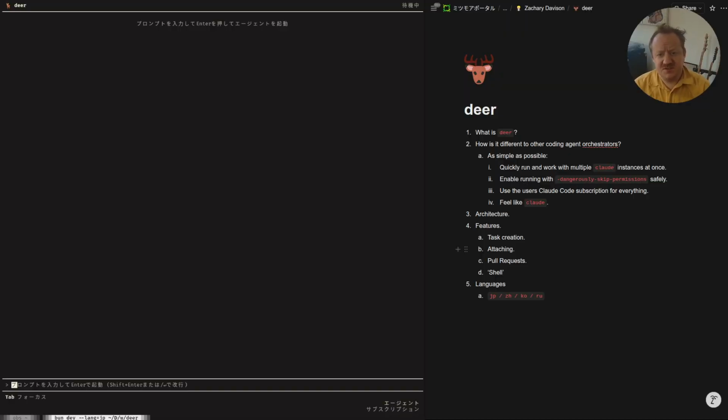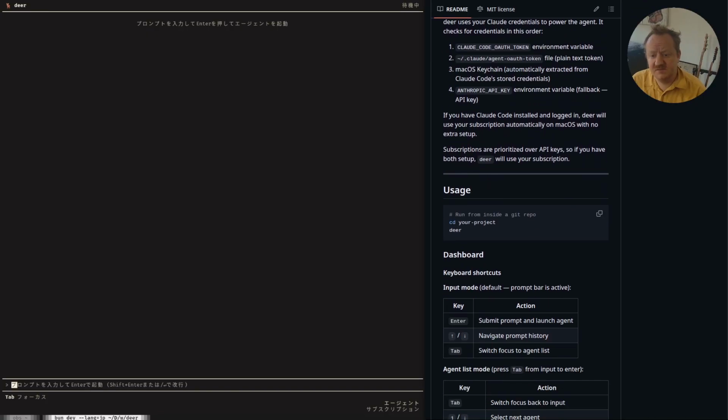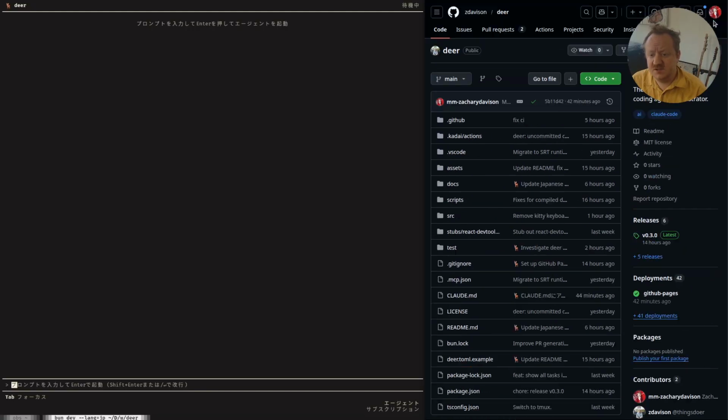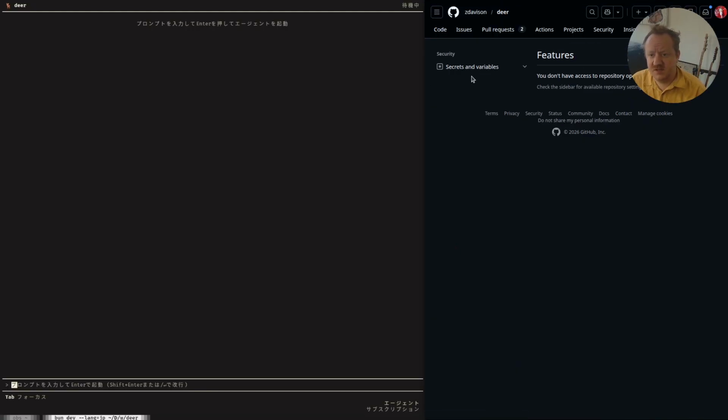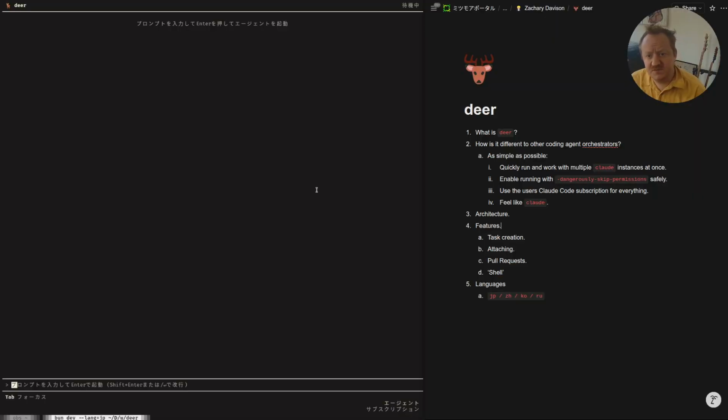The languages are actually translated just with LLMs, so I can't really guarantee the accuracy of the translation, but if someone wants to add a language or wants to make any corrections, please open a PR on the repository. So the repository is here. There are some general instructions about how you can use Deer and things it can do. And there's also a GitHub page. I'm on the wrong account here, but there's a GitHub page that we can go and look at that has better documentation. It's also there. So that's a quick tour of Deer.